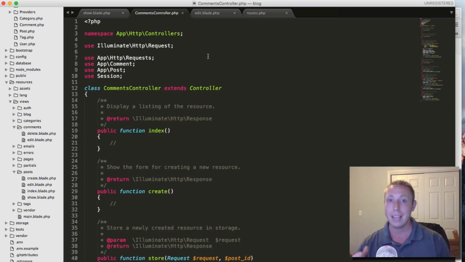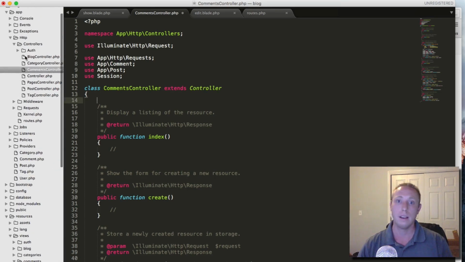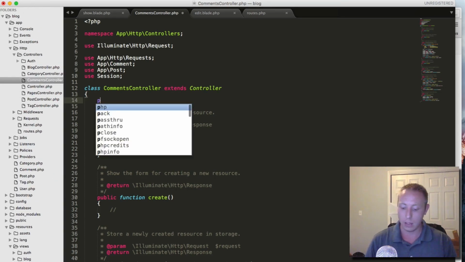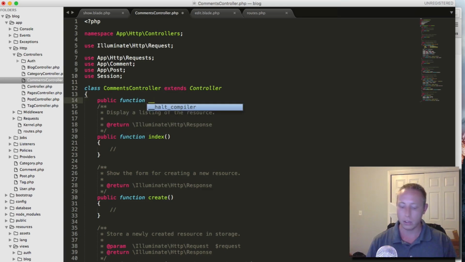So theoretically anyone else could. Now granted, they're not going to have the user interface to do it, but they theoretically could hack in and kind of fake those requests and delete them. So what we would want to do obviously is set up the middleware to prevent them from doing that. So we would set up a public function, and it would be the construct